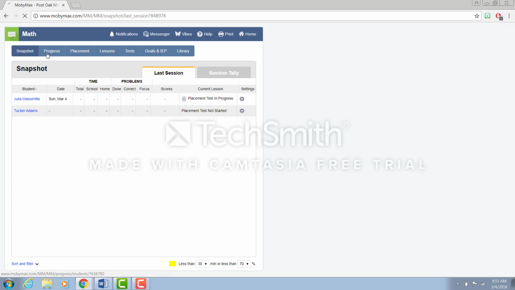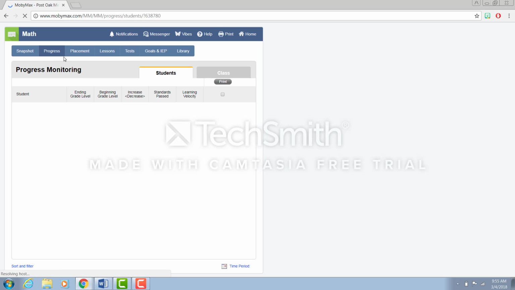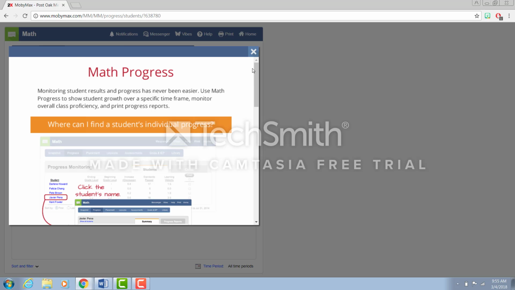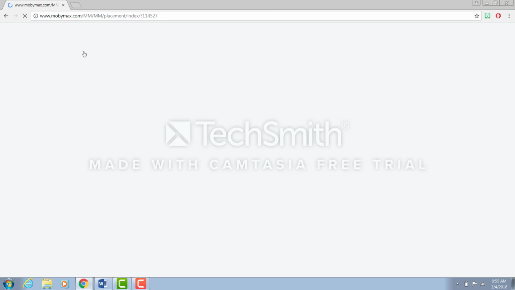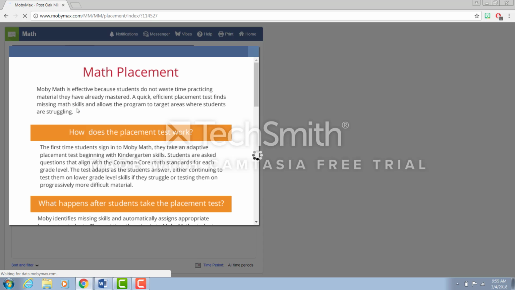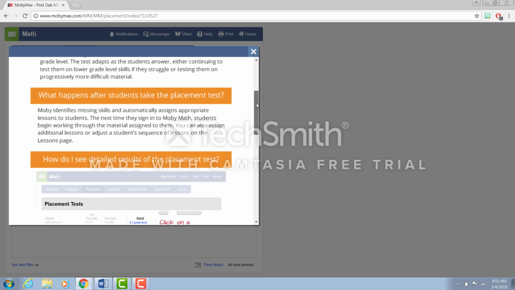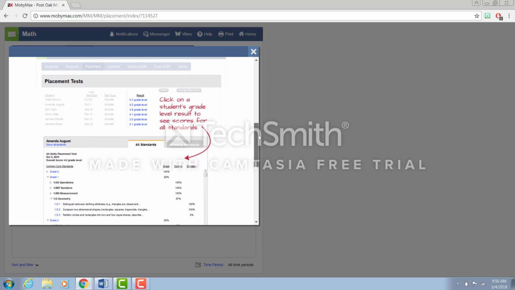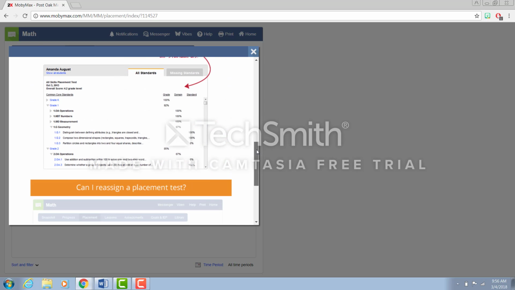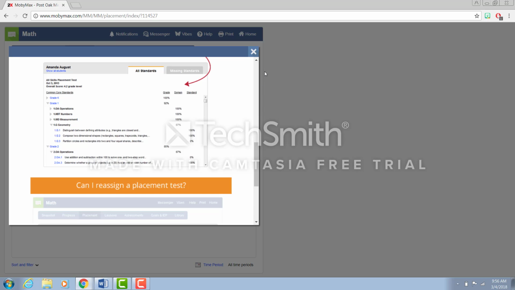And then you can use these different tabs to see the progress. You can see we went through this already to see their individual progress. You can see their placement. So this is going to show you their placement test. It tells you how the placement tests work, what happens after the placement test, how you see detailed results. So it'll break down the different standards and show you how they did